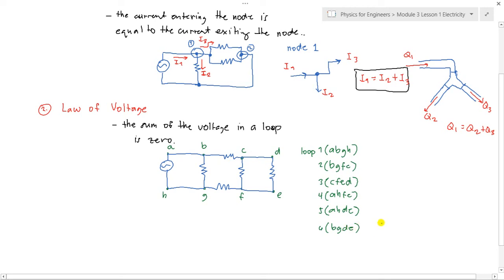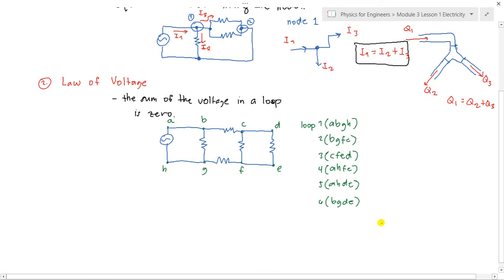BGDE. So unom kabuok. Okay, unom kabuok ang imuhang loop nga ma-produce. So within this loop, the sum of their voltages is equal to 0. So let's try analyzing loop 1. So in loop 1, class, okay, considering this one,